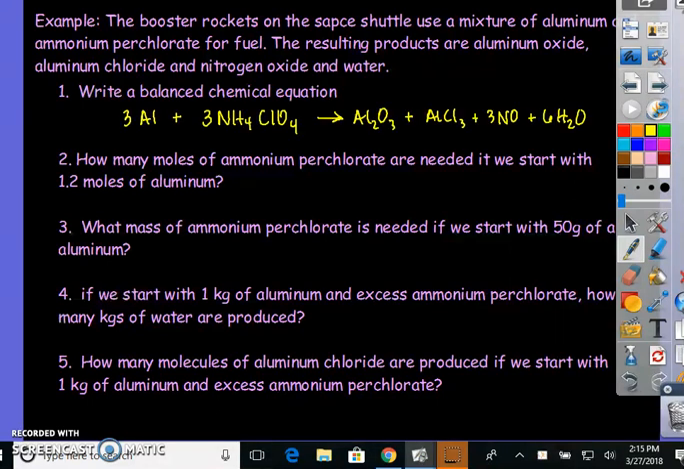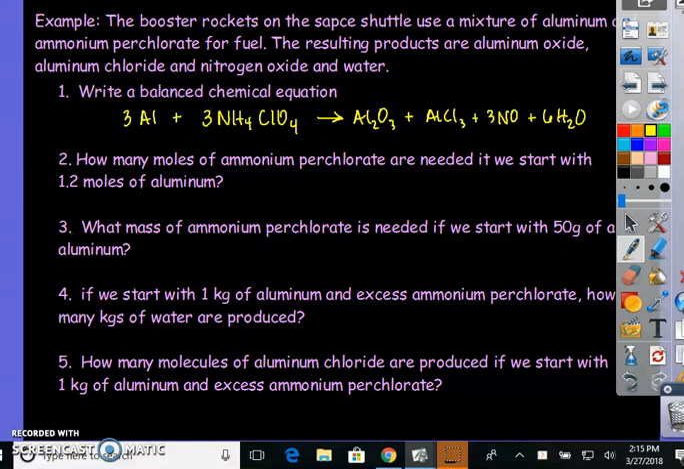Okay, so there's my balanced chemical equation, and of course this is practicing your skills with nomenclature. So if you're still kind of rusty with that, please practice. It's a skill that's going to be necessary, especially in the upcoming weeks. Okay, now the next question of this is how many moles of ammonium perchlorate are needed if we start